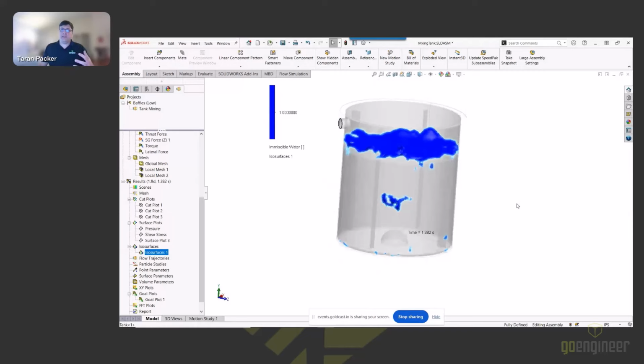ISO surfaces are very resource intensive. So technically you can show this undulating as a Transient Explorer, but it's so resource intensive that it takes forever to load those results. So usually if I want to see ISO surface results,